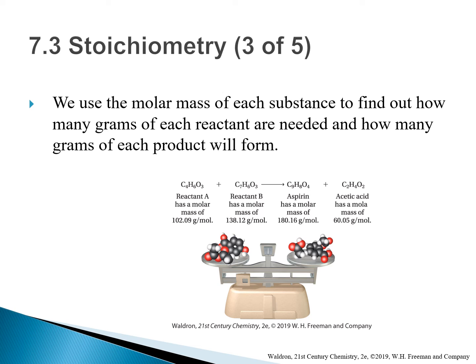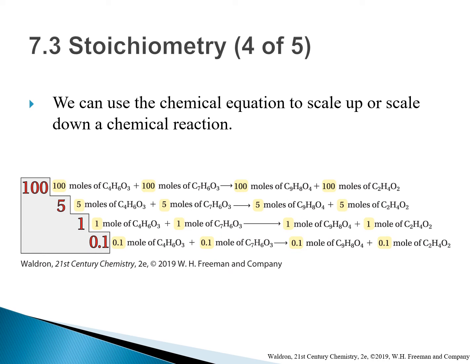Now we have something quite useful. If we mix 102.09 grams of reactant A with 138.12 grams of reactant B, we get 180.16 grams of aspirin and 60.05 grams of acetic acid. We can use the chemical equation to scale up or scale down a chemical reaction. You can simply multiply all coefficients of the balanced equation by a factor of 100 or by a factor of